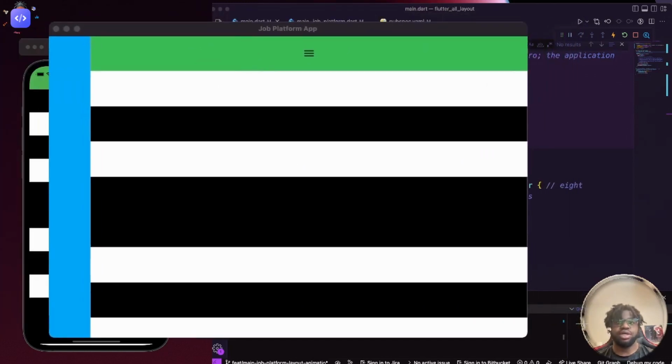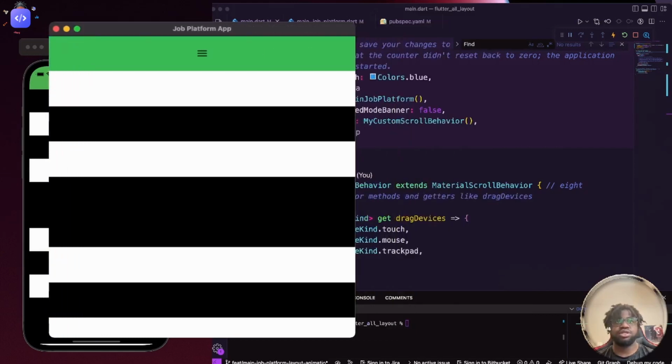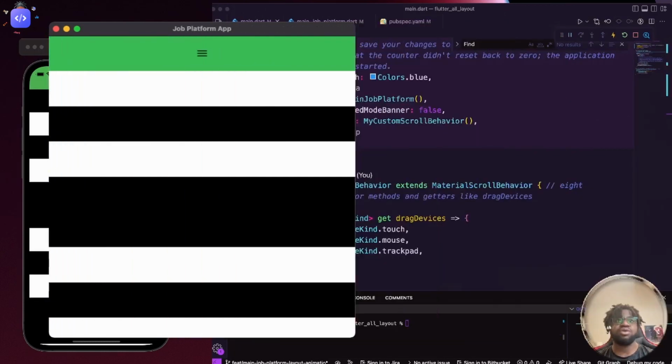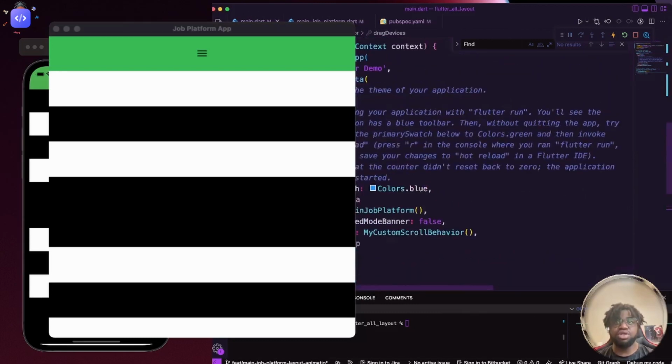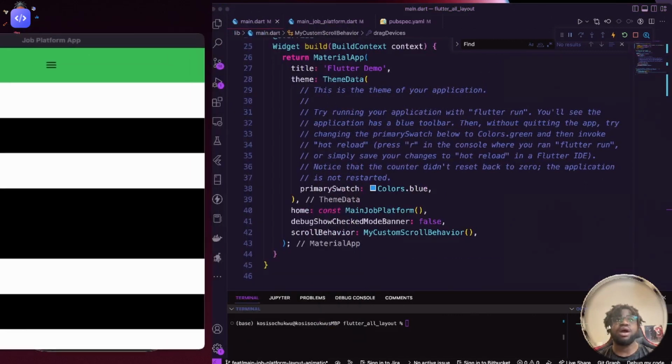Right now we're able to get this to work. I don't know why it didn't work the previous time, but we can actually stretch this. You see, there's the list. It's not going to shrink down anymore. We can go ahead and expand it as long as we want, but we can't shrink it past this particular point. At this point, since we are hiding the sidebar, we should be able to have the drawer show for the user to use. In this case, we need to head back to our app,